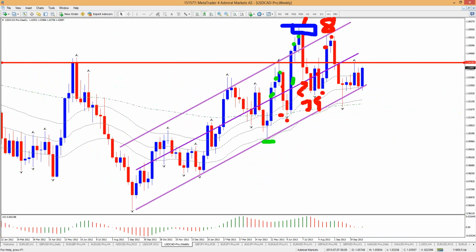Therefore, we're not surprised to see that the dollar CAD couldn't break that top at the 8th candle, and indeed decided to make a bigger reversal. That reversal, however, could not break this uptrend channel, and we got a bounce right in here. Now, if we break the next resistance at 104.18,